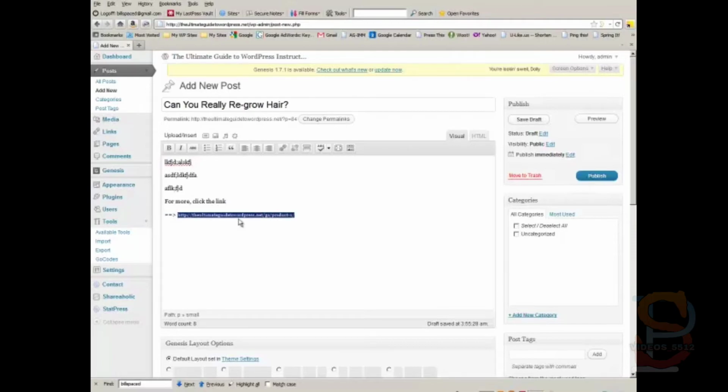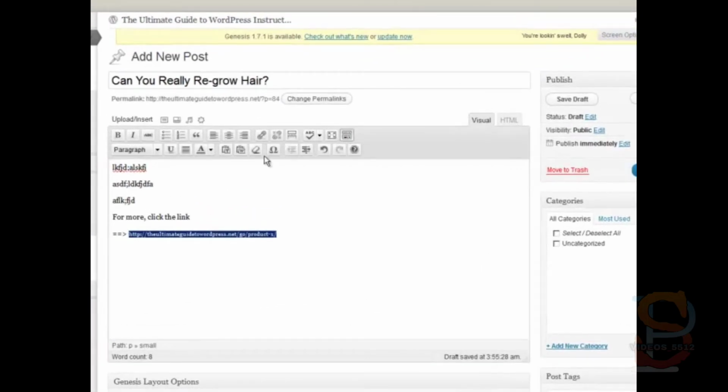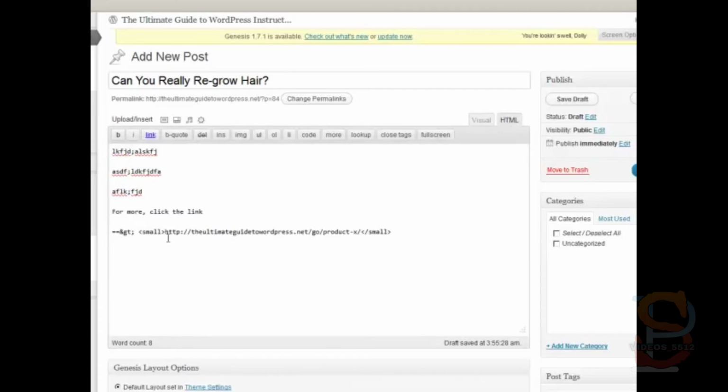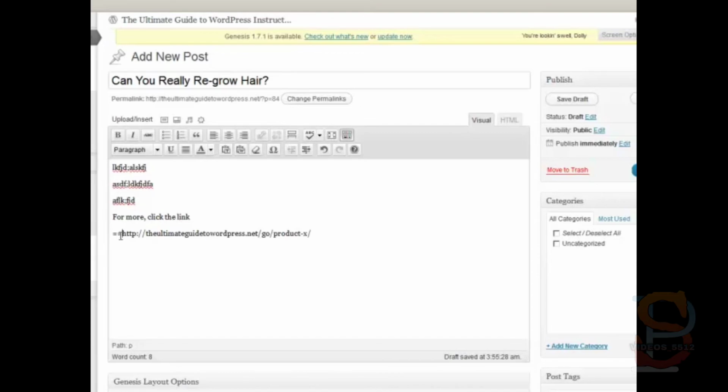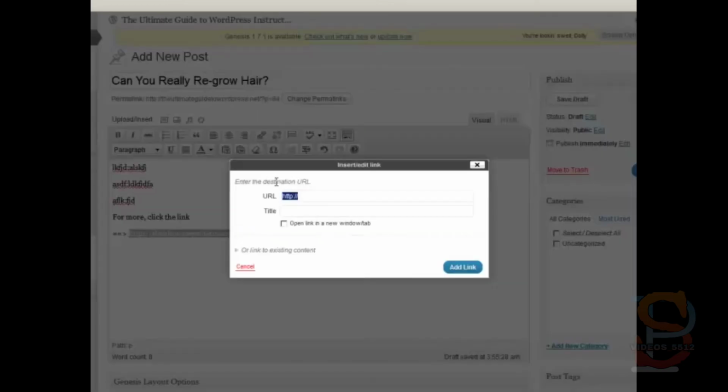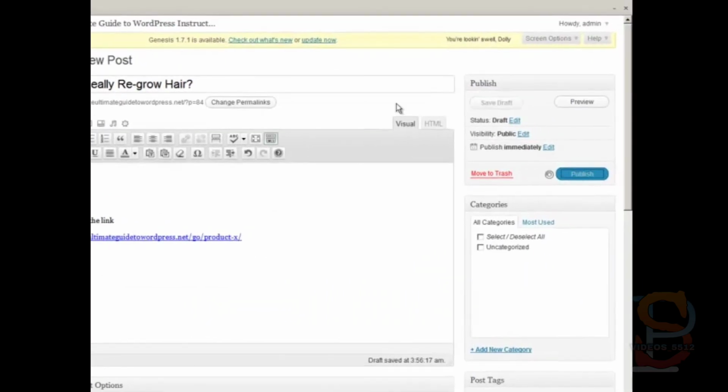Show you a neat little thing here. Use this little eraser to remove formatting. Sometimes it works, sometimes it doesn't. In that case it didn't. So we can get rid of the small tag, get rid of the small tag, go back here, type in our little caret, make our hyperlink into something that's clickable, add the link, publish,